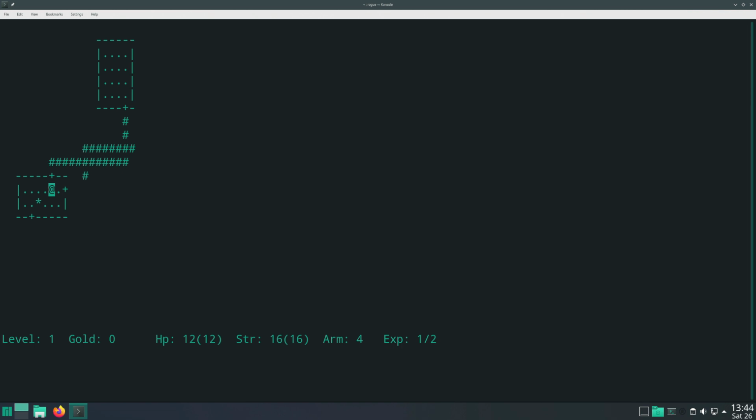Okay. And that is how the game works. And as you can see, there's a star on the floor, which denotes gold. And if I walk over the gold, it says you found 57 gold pieces. Your score goes up. And that's the whole game. The other thing you can do is take actions with your inventory. So whatever you have in your inventory, you can use in various fashions to help you succeed and win the game. That's nice. And that's as complicated as it is.